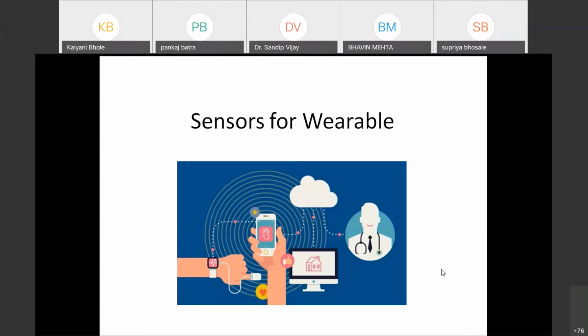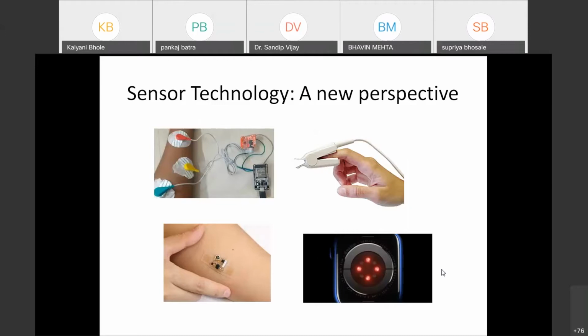So instead of designing the sensors, I just want to discuss the perspective or the view that is where we differentiate, or that is the view that is different from the conventional sensor to the wearable sensors. So during this session, I just want to change the view of the sensors that we look for in wearables. Okay, so how do we see?